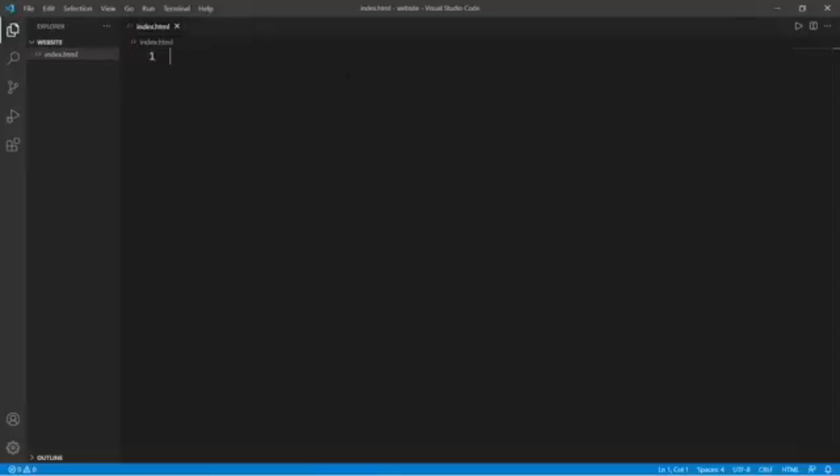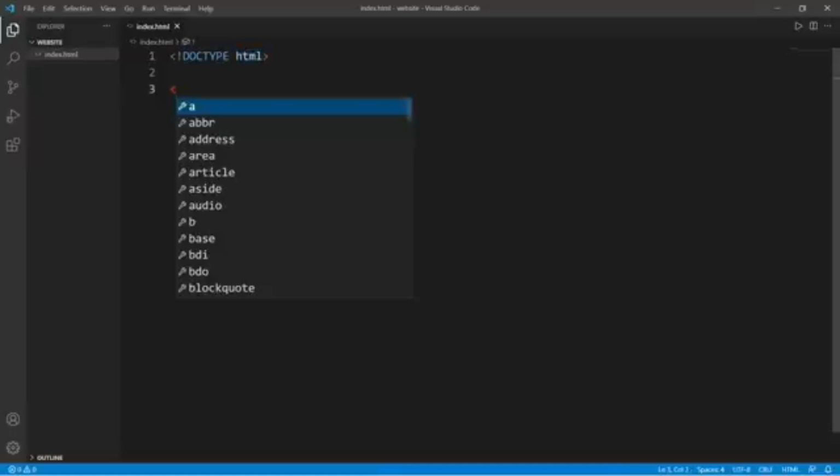At the top of our document, we're going to type this within angle brackets, exclamation point, doctype HTML. HTML documents should start with this declaration to be compliant with basic HTML standards. It lets a visitor's web browser know that this is an HTML5 document, and following this text, we'll create a